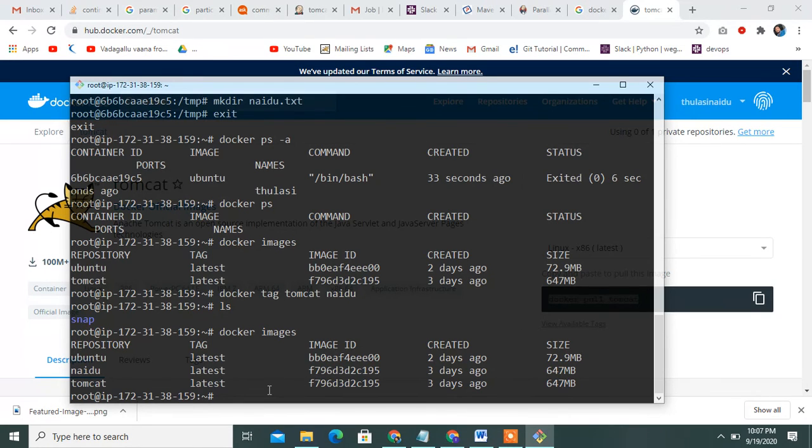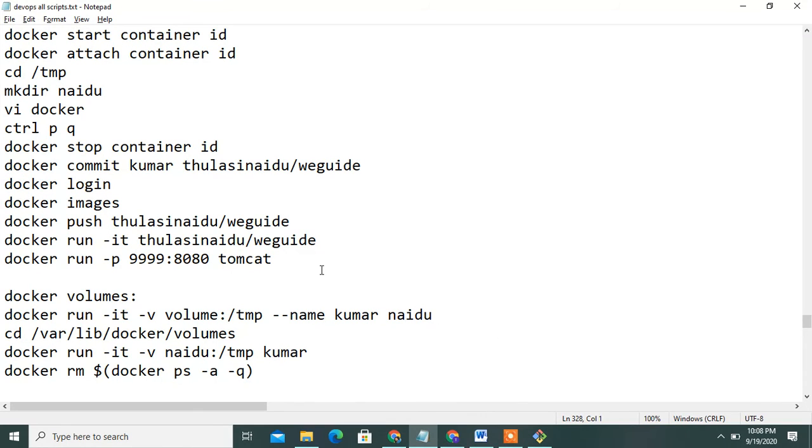Then Docker commit. I have all the commands already.